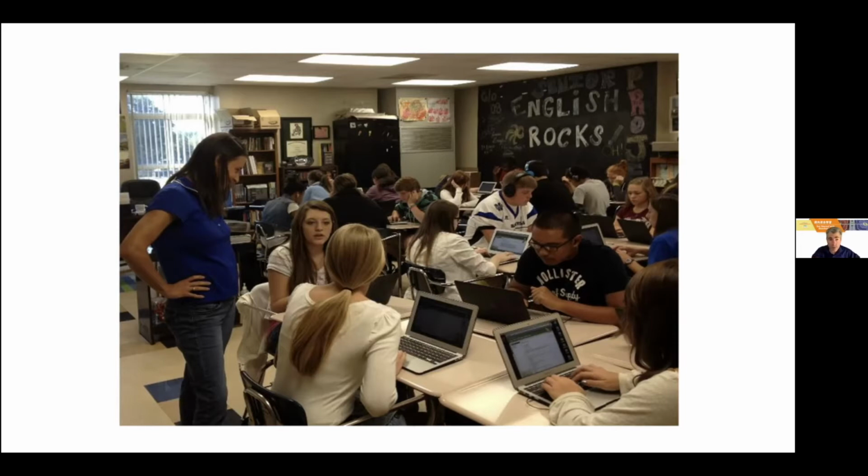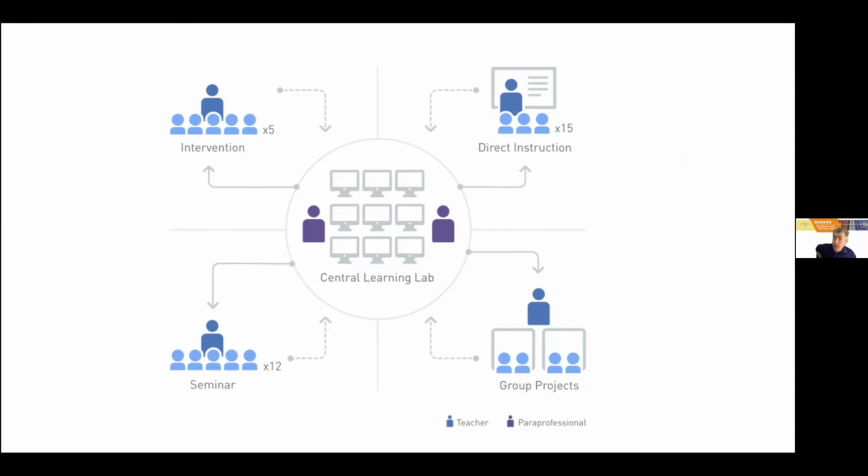So this is another model for blended learning. Let me show maybe one or two more. This is a more complex model. It has different types of instruction, similar to what we saw with station rotation. But in this model, there is usually some sort of computer algorithm, or it could be done by hand, and based on how the students are doing, it assigns them to different activities based on their unique needs for that day. Let me show you an example of what this looks like.